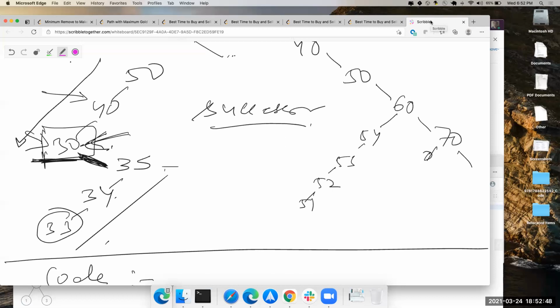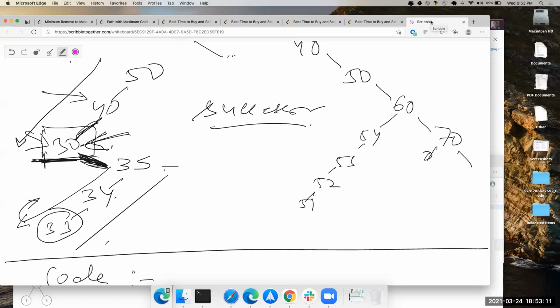As soon as you get 30, if it has a right tree, you keep going down, and your leftmost is the answer, right? That's the first thing. I mean, that is what I tried, and then I got a failed question, because what if there's a 40 here? Then it'll fail. Like if everything on the right side is bigger, then 40 is your answer, right?